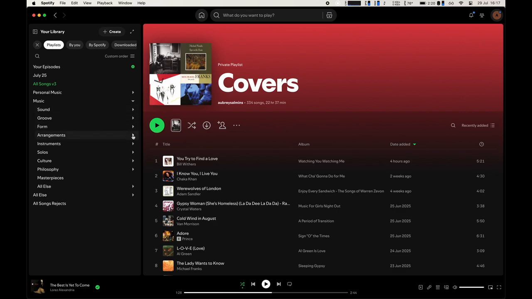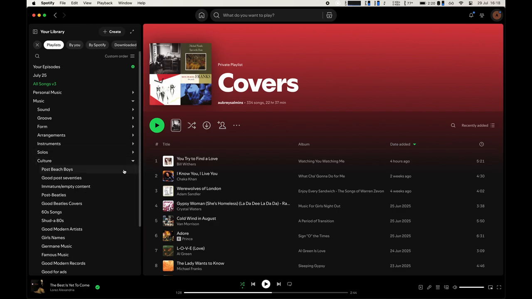Then I've got arrangements. Arrangements is an interesting one in that all of these are nested within arrangement, but also arrangement is specific: you can arrange for sound, you can arrange for groove, you can arrange for form. It has multiple definitions. Then instruments, solos. Solos is interesting. Culture, this is a general one. So we've got